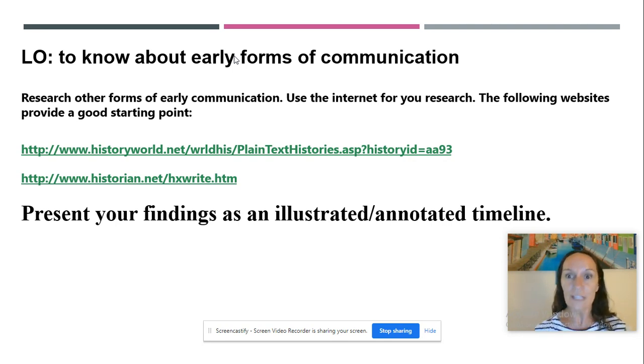You're going to need to use the internet for your research. Now, these websites here will provide a good starting point. If you choose to then find other websites that will help you with your research, go ahead and do that by all means. Now, once you've done your research, your task then will be to present your findings as an